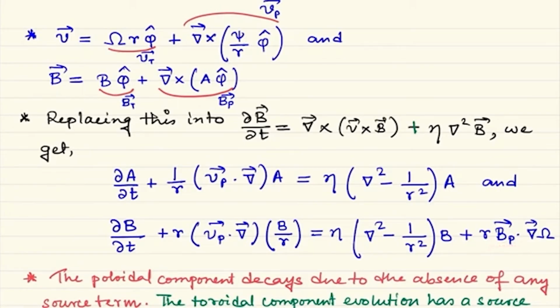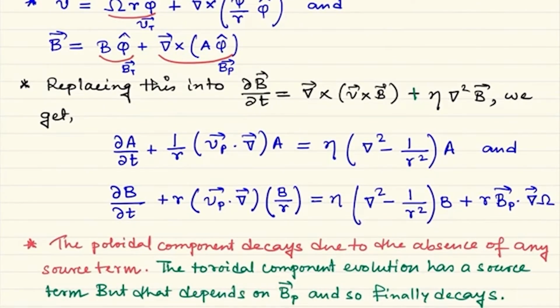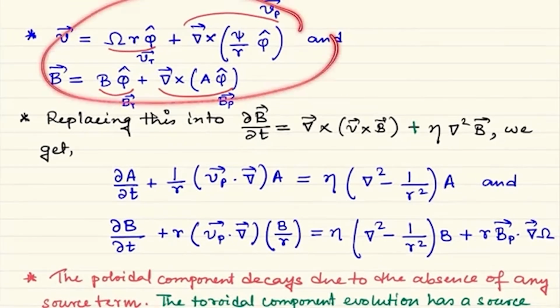Bp, and Bp is nothing but proportional to A. Now with time A decays, so Bp will also decay, so the source term of B will stop in time, and finally B will decay just due to the action of this diffusive term. And that is why in this case, under this specific writing, that is very important,